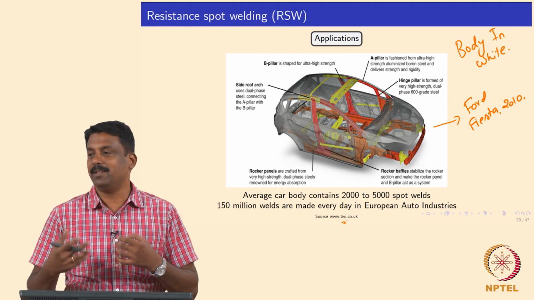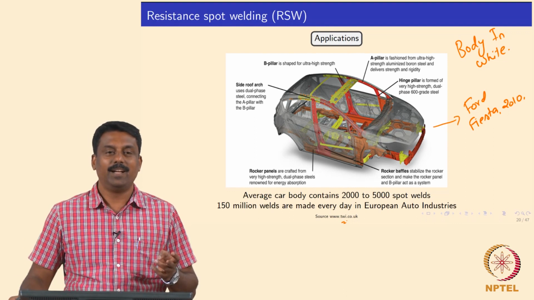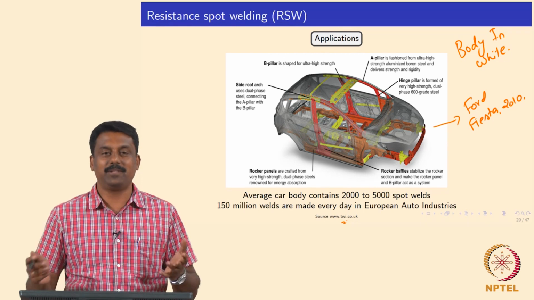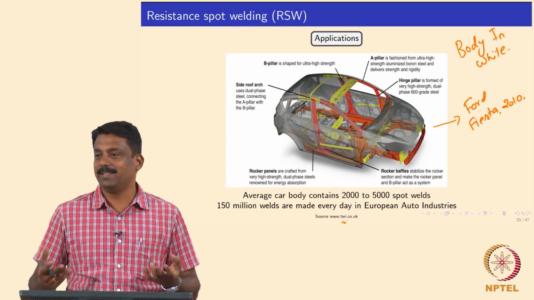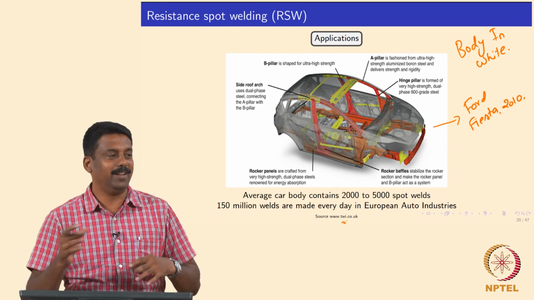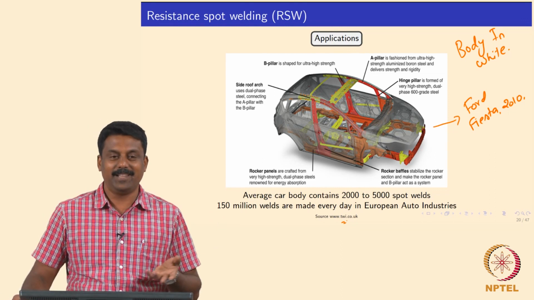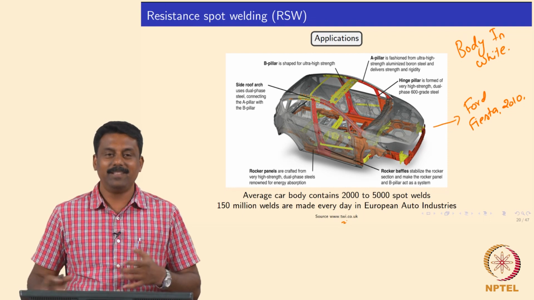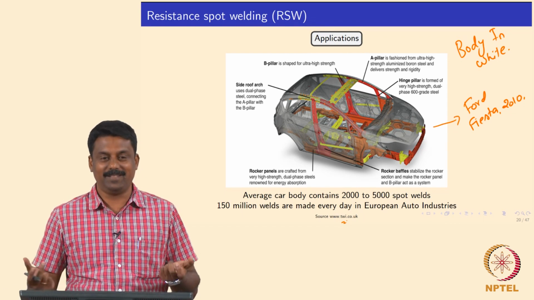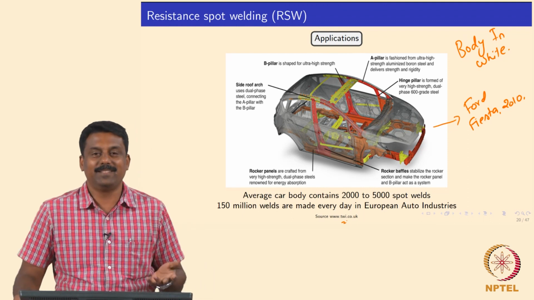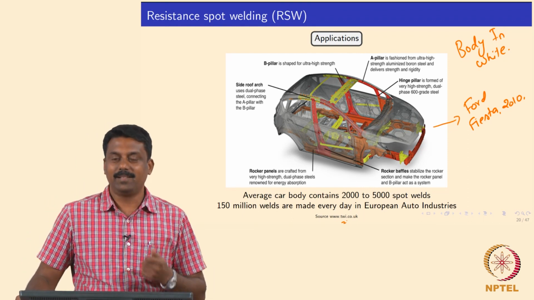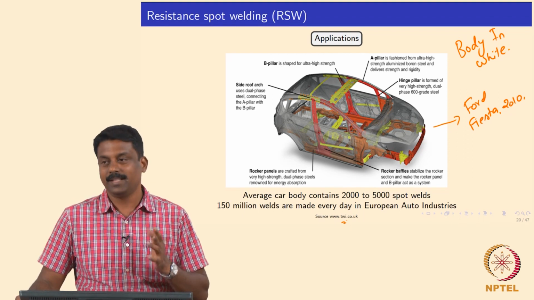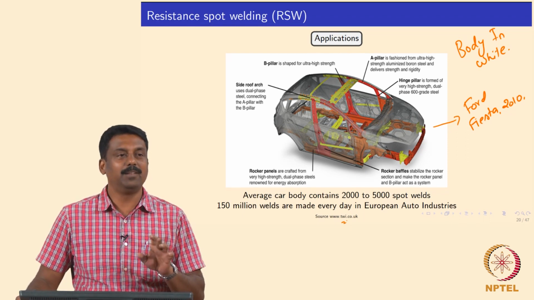The metallurgists who are developing steel always curse us, the welders, because they generate such a beautiful microstructure with all the properties. They want strength, ductility, toughness. Ultimately, you have to weld, otherwise you can't make a car. So they always tell us, you guys always destroy such a beautiful microstructure. But that is how we will do it. Still, the demand is the weld should never fail.